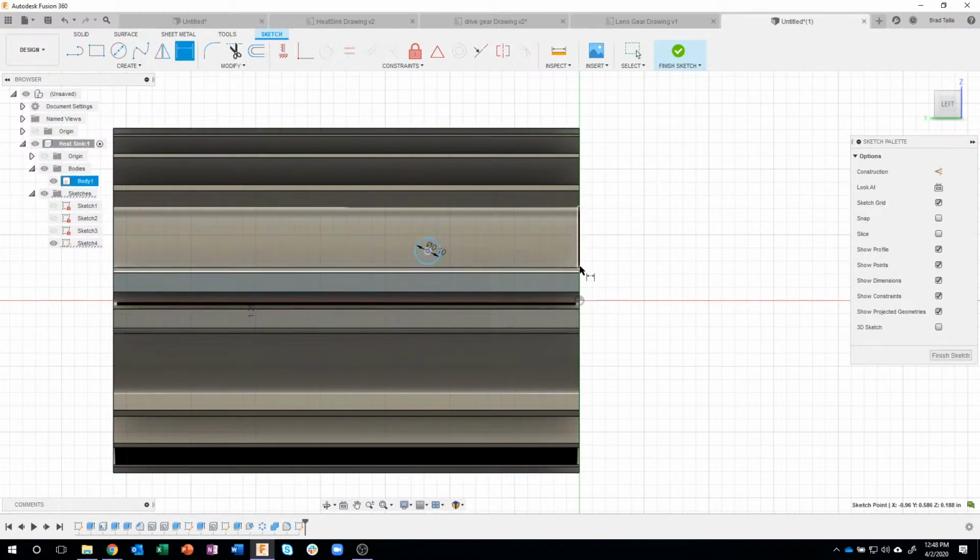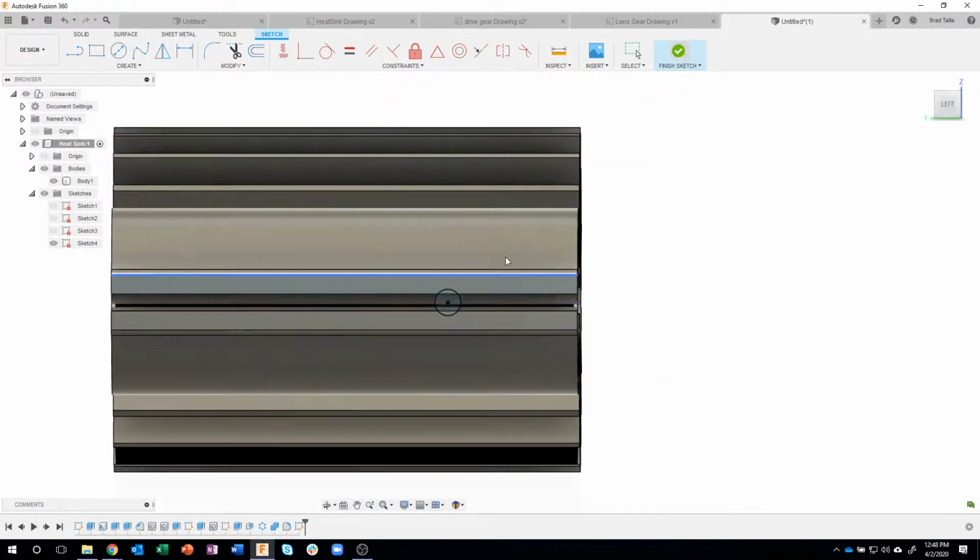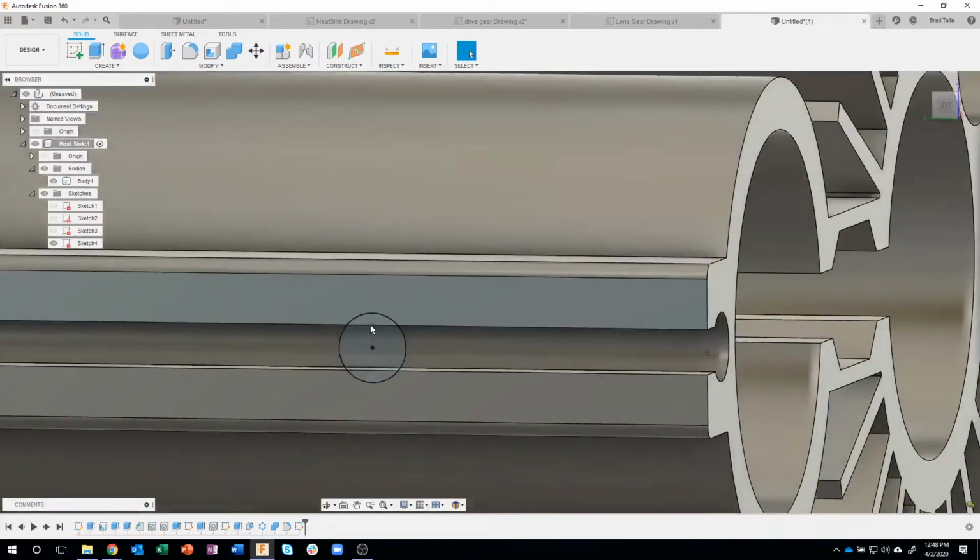I'll throw some dimensions on here. So I'm going to grab that guy, and it's supposed to be 0.5 from the edge. And then I want it to be in line with this origin. So again, that horizontal vertical is extremely useful because it forces those to stay horizontal. I can see that it's fully constrained. I can now click on this profile here